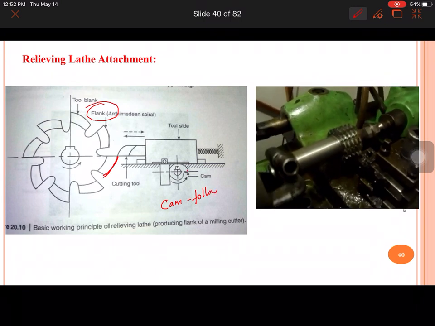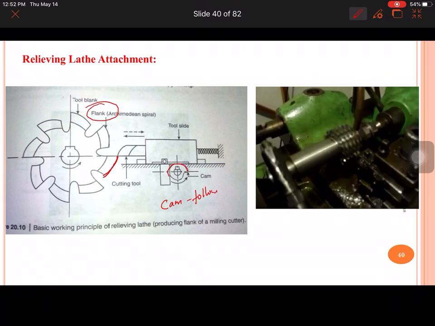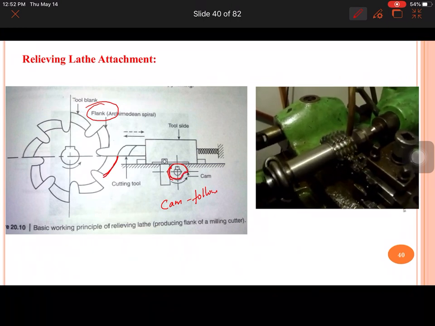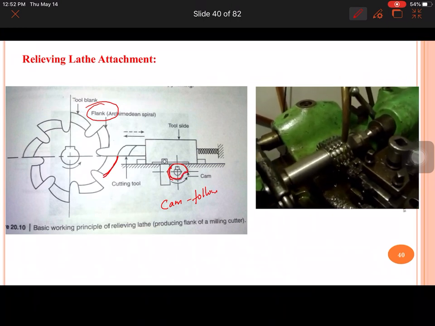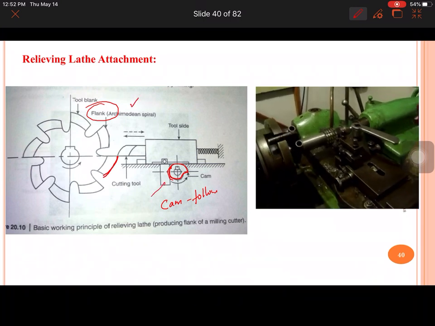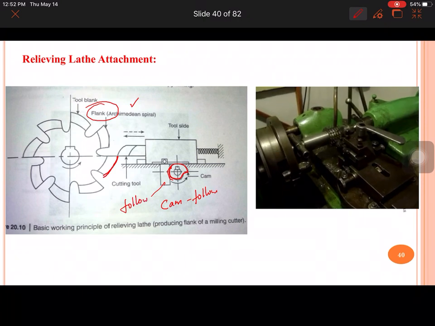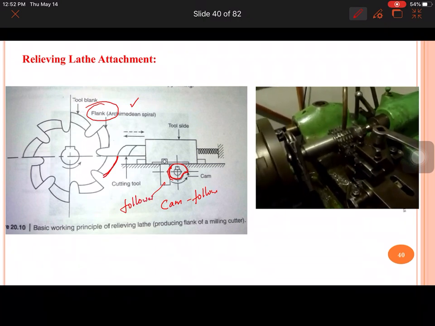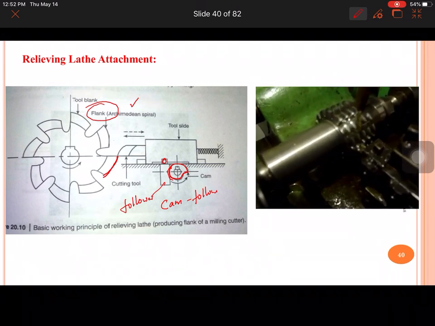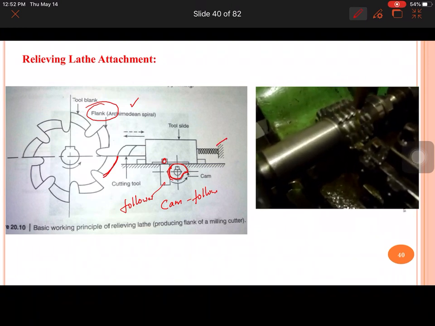This is the cam, and the profile of the cam is designed based on the Archimedean spiral, and that is coming in contact with the follower. The follower is connected to the tool at this location, and this tool is spring loaded, that is what is shown here.